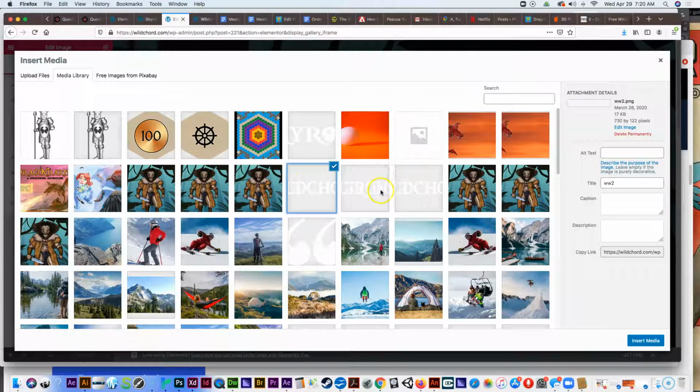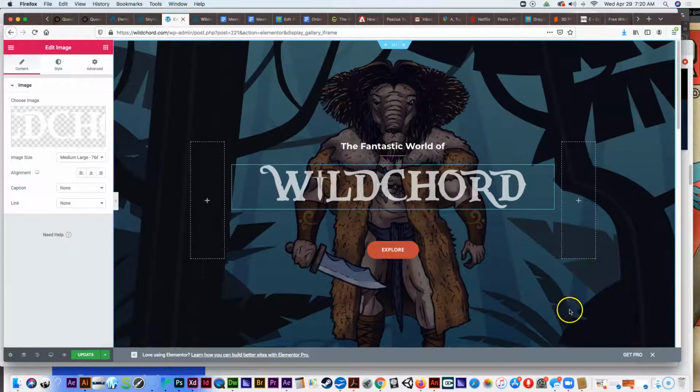So, I could easily go in and delete these two, and I should, and all this other junk that I don't need. But things like this, which is the final version of the Wildcore logo, this, which is the final version of the Skyrose logo, this, which is the final version of that top picture, you keep your final versions because they're the ones that worked, and everything else you can kind of trash. But anyway, I'm going to insert this one. I'm going to update it,